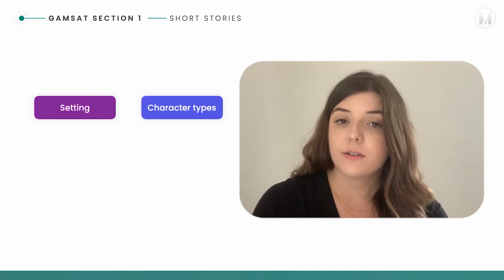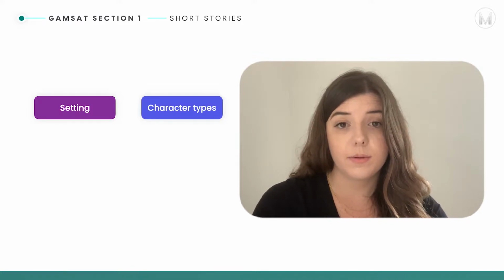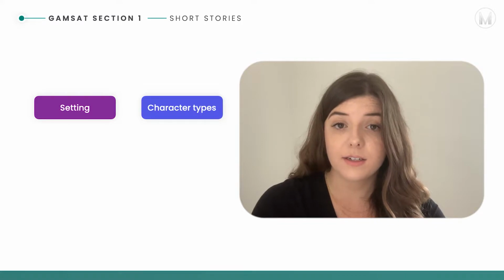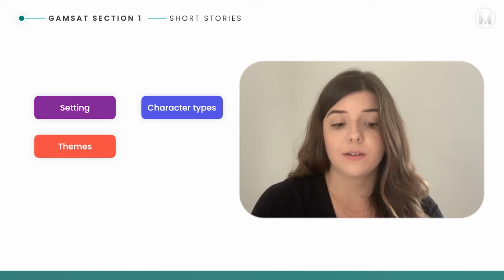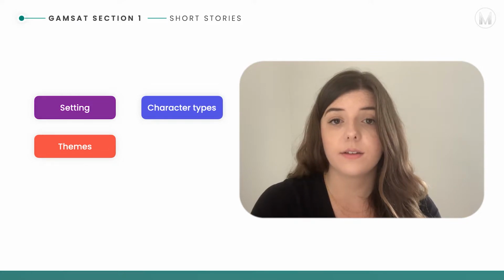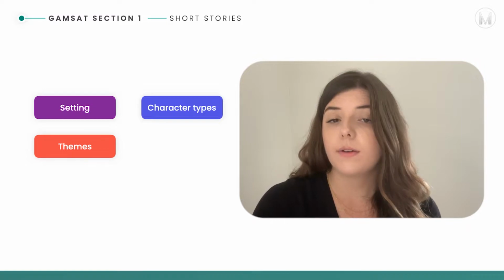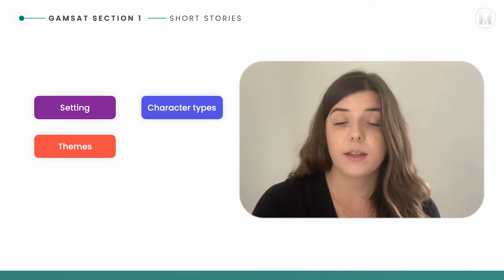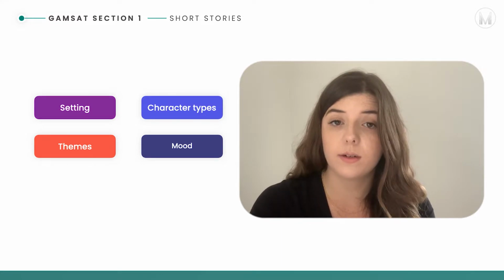So these are the characteristics, their attitudes, beliefs, and the certain type of people involved, and always think about the relationships between them. Next are the themes. Similar to genres, these are the feelings and the categories of them. So the theme might be of love, of mystery, there might be a theme of murder, of war. Then the mood, similar to the theme, this is the feeling that you experience whilst reading a piece.